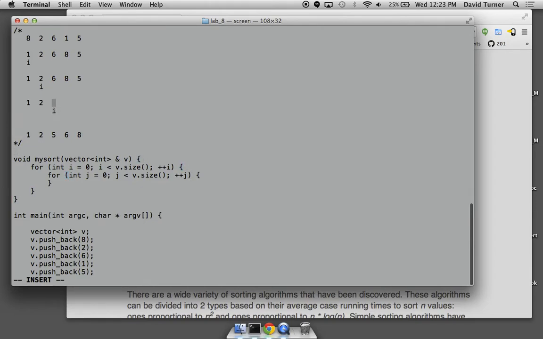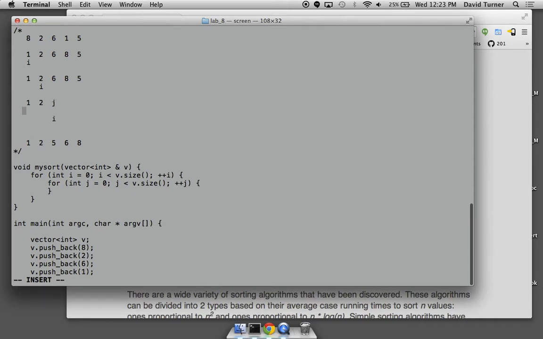So here, 1 and 2 are set. Position 0 and 1 are done. It's position 3 we're worried about. So what we do is we take j and we say, okay, let's make a record of the position of the smallest value that we have currently seen, because we're going to go through the rest of the vector and look for smaller values each time. So right now we're going to start in this position, position 2,